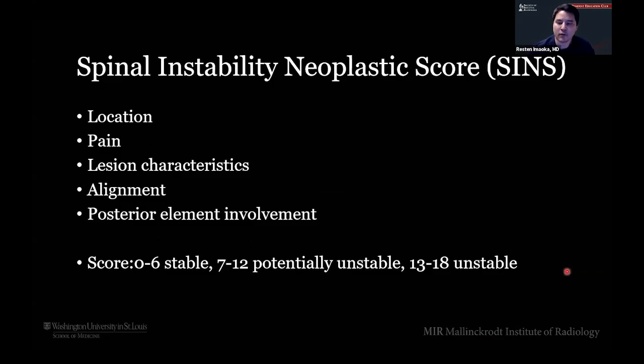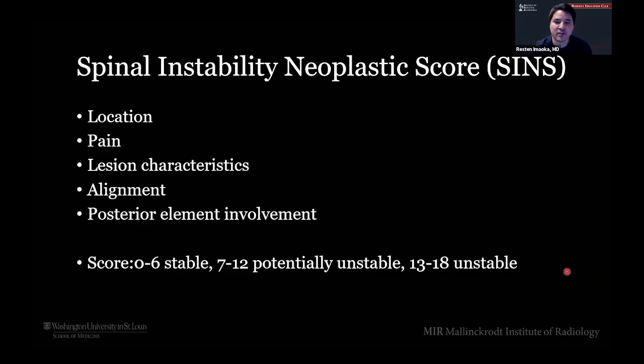So one of the things that we go over a lot in spine tumor boards is the Spine Instability Neoplastic Score. Some of you may be familiar with this already, but it's basically a scoring system where tumor locations within the vertebral body, and physical exam findings all give you a certain amount of points. And those points are going to determine whether or not that patient needs to go to surgery or potentially they could do something percutaneously.